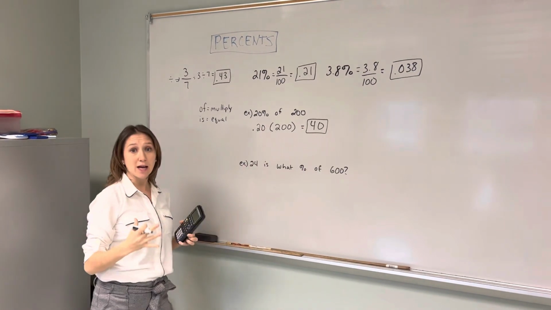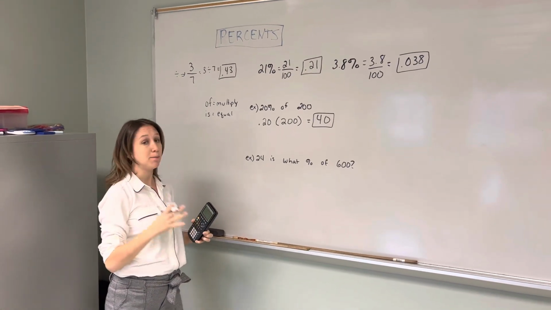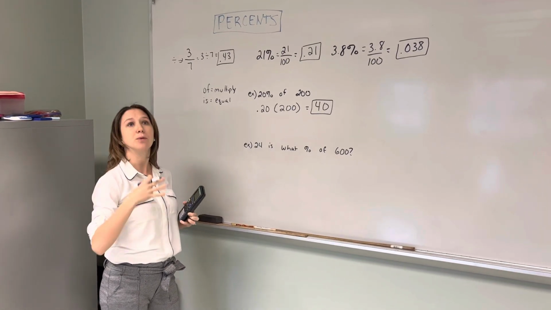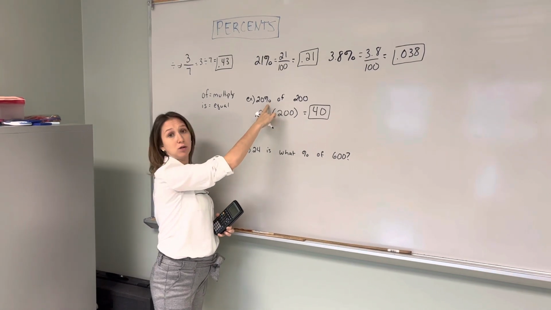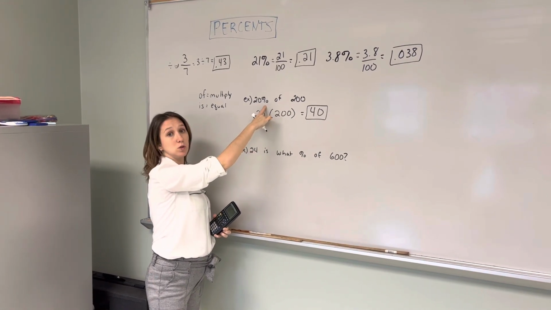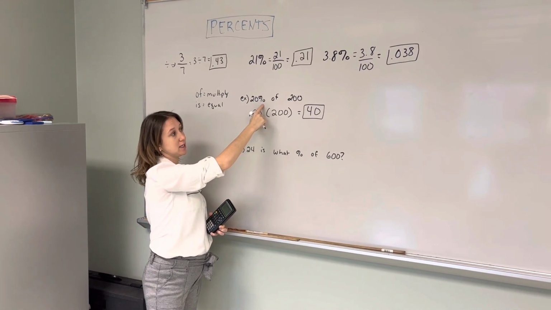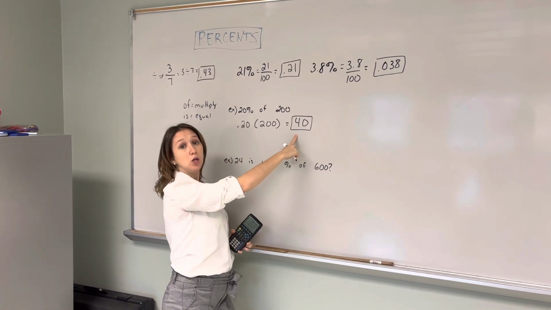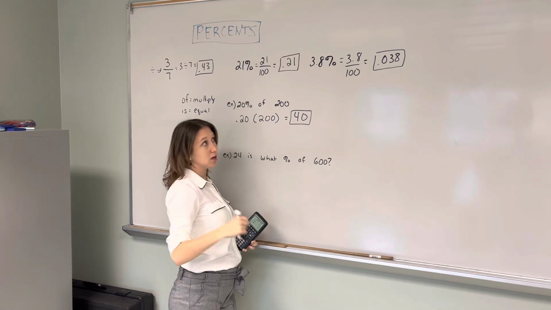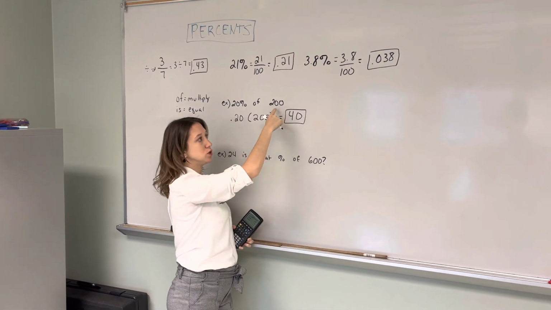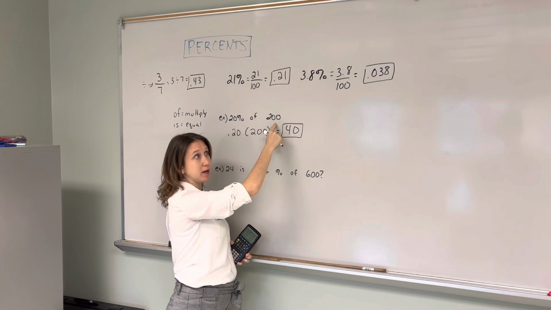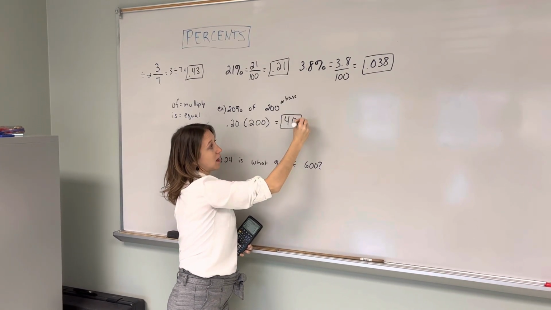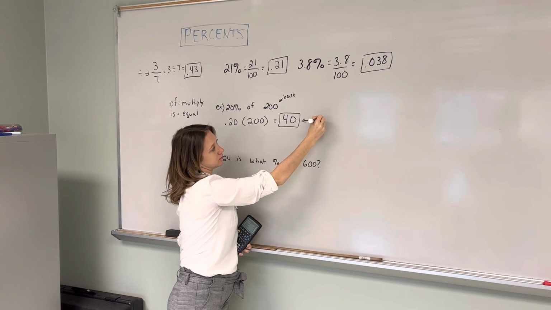So if I put 0.20 times 200 in my calculator, I would get the answer of 40. Now, sometimes it's going to ask you some vocabulary about what is the base, what's the amount, and what's the percent. When you're looking at something like this, the percent is always the one that has a percent symbol. So 20 would be the percent. So you take that away, because that's kind of the easiest to find. And then if you look at your other two numbers, so 240, you want to think base is always bigger. So base bigger, so 240, the base is bigger. So this would be the base,